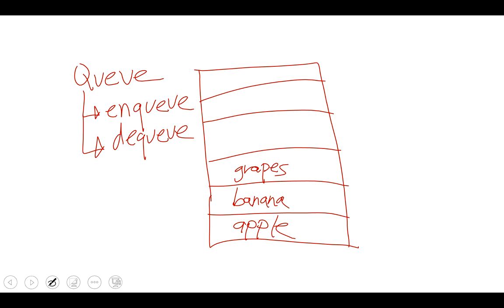And then if we say DQ, it will use this because this is the first in. So Q is a first in, first out framework. Whenever we issue a DQ, it will go to the first item available. Not the top one, but the first item. So this goes. And then you can continue adding, and then you say kiwi,